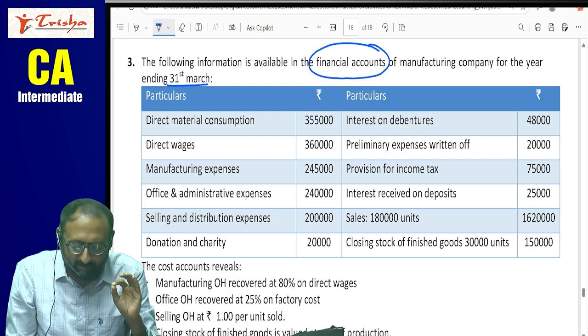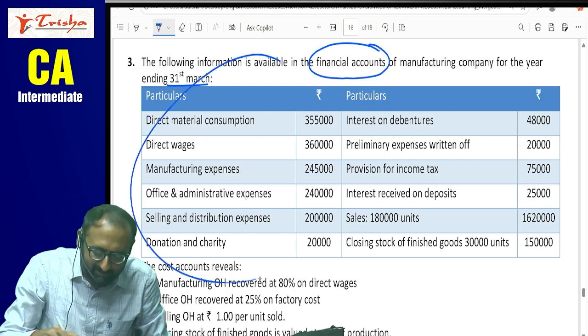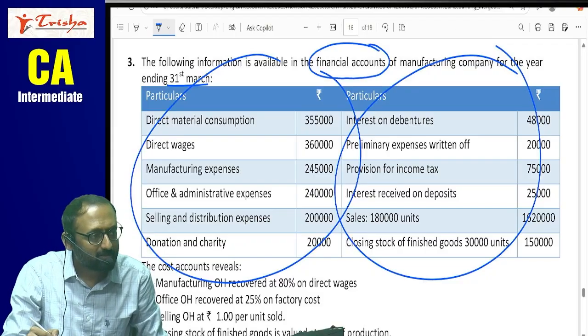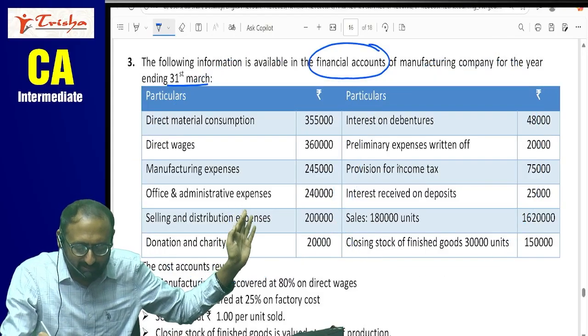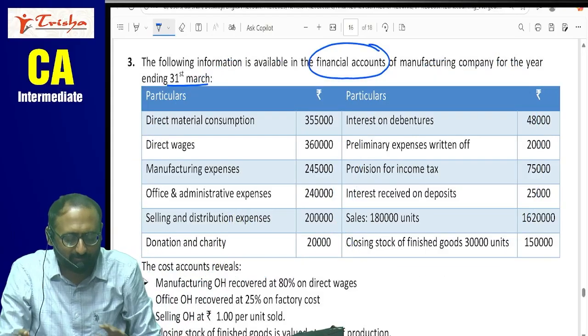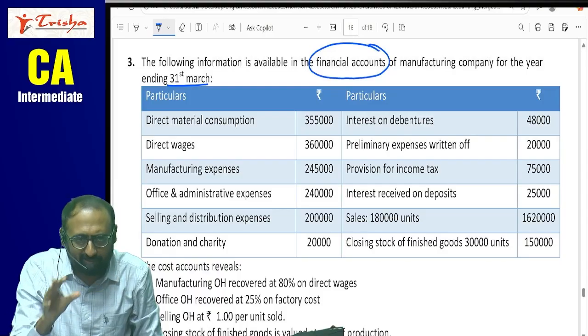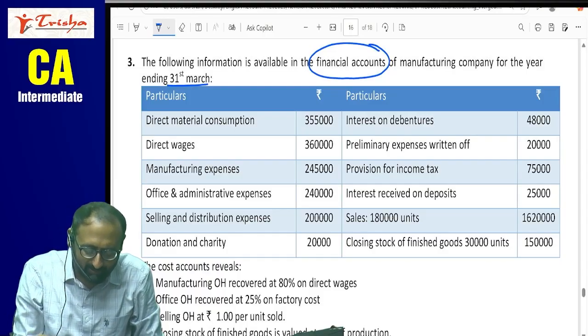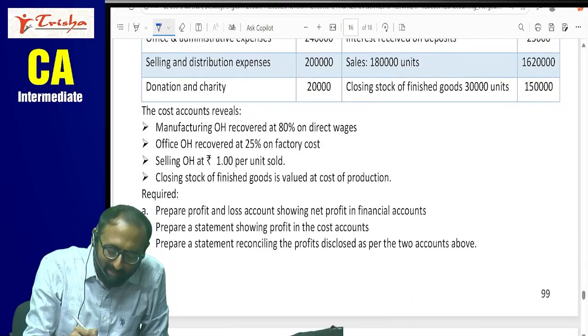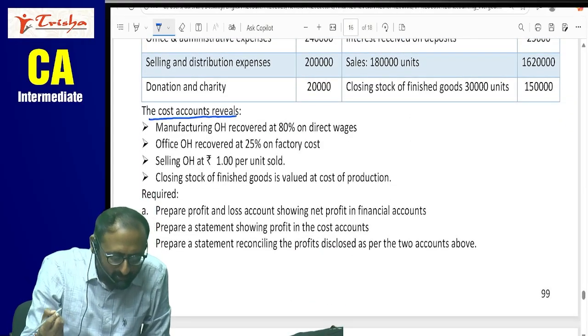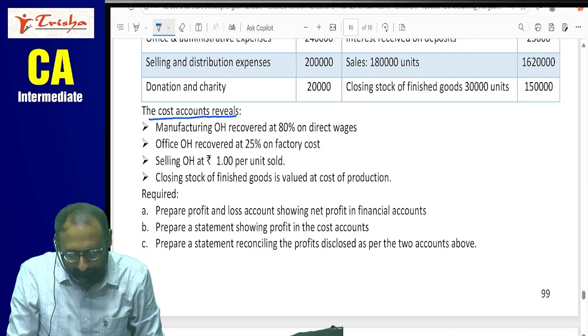Particulars, rupees. This is not a debit side or credit side; only a list is given: direct material consumed, direct wages and so on. All the expenses, all the income, sales, etc. are given. Cost records reveal that: